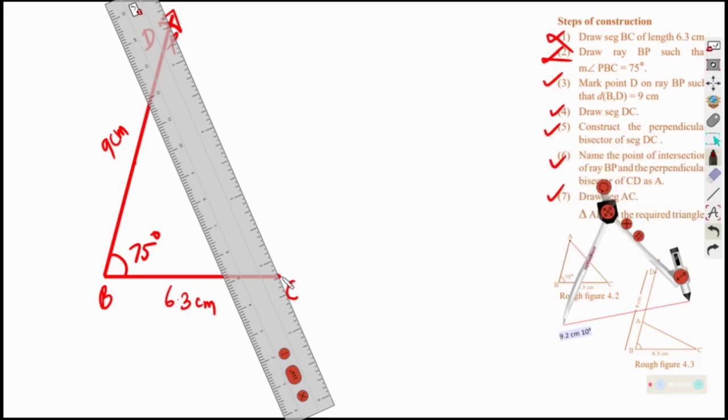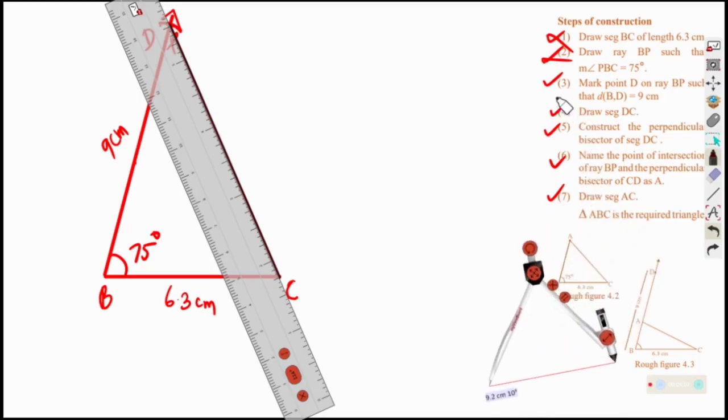I'm changing the color because it is not the side of the triangle in fact, but we are getting help from it. Now this is DC, and we know that the base is drawn and the angle is drawn,